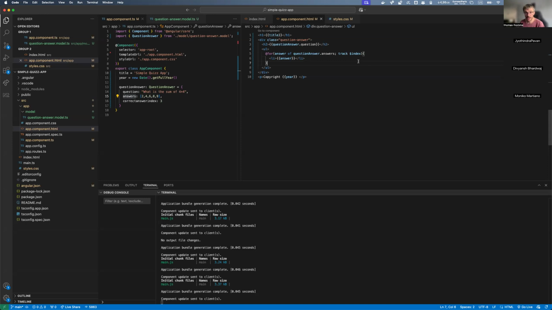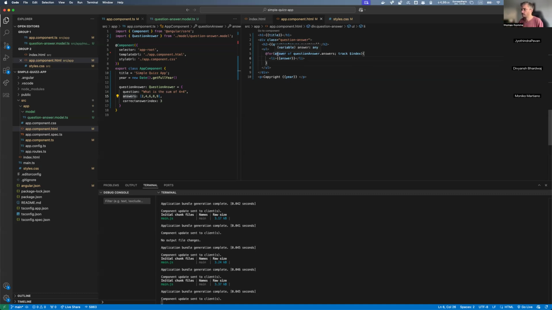Well, this is related to rendering. We can't obviously dive into how the rendering works with Angular, but keep in mind that putting this index here will allow Angular to render this piece of code only if a new index is coming. It means that if you add something inside of this answer list, it will render only the new one. It will not re-render the whole list, which is interesting in terms of performance. But this is something we'll see later.